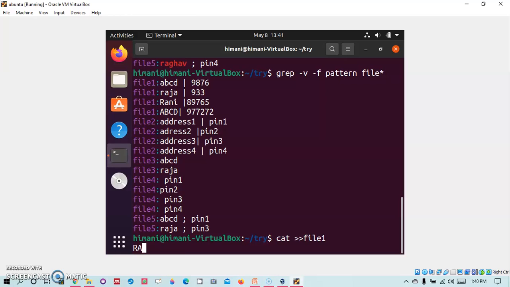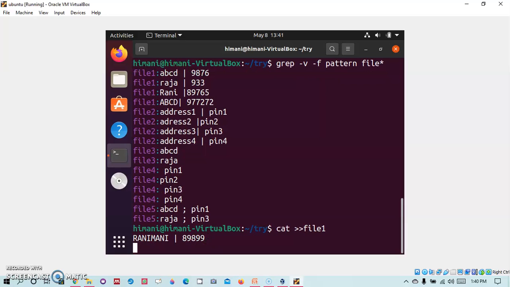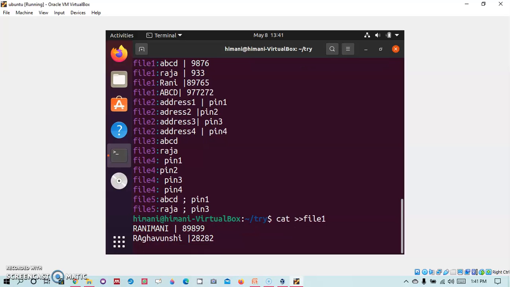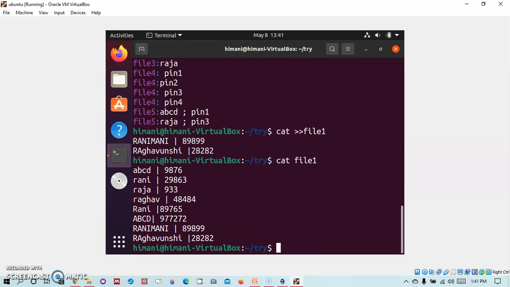I add Rani Mani together, and I put some numbers as a roll number, and I put Raghavanshi, and I put some numbers here. Now I press Ctrl+D. Now when I cat my file 1, I can see here we have Rani as a whole word, then there is Rani another time as a whole word, and there is Rani Mani, which is embedded inside a word.